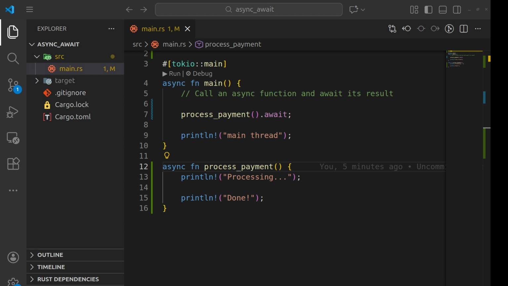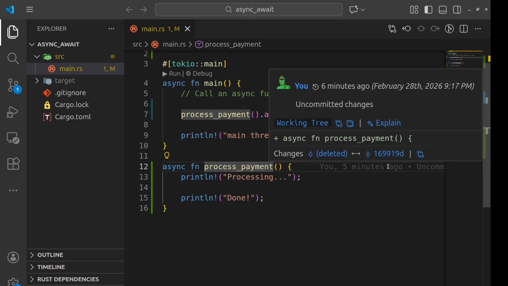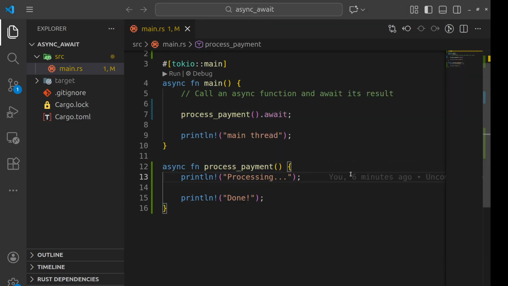Take a look at this Async Rust web server. It's handling thousands of requests per second. It's blazingly fast. Just assume that we have a process payment API where multiple thousands of users are calling this API, and in that API we have something like